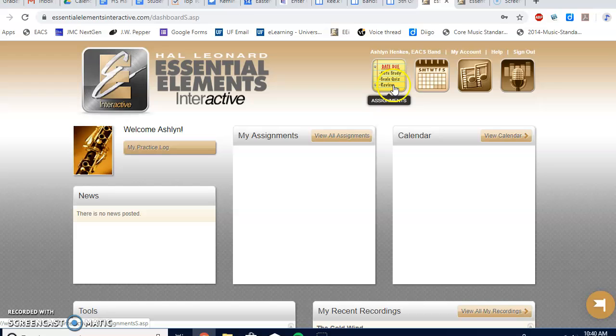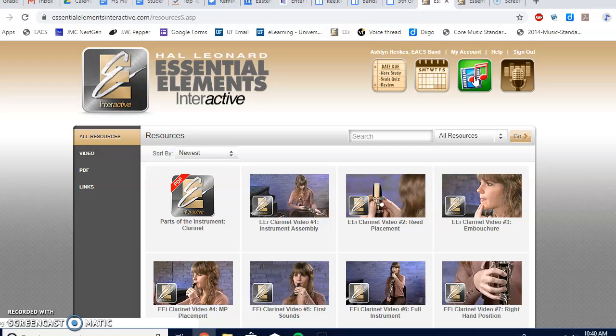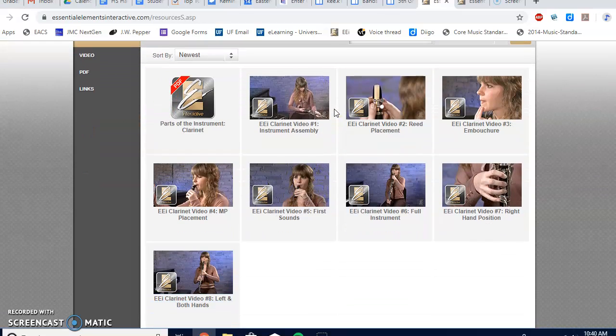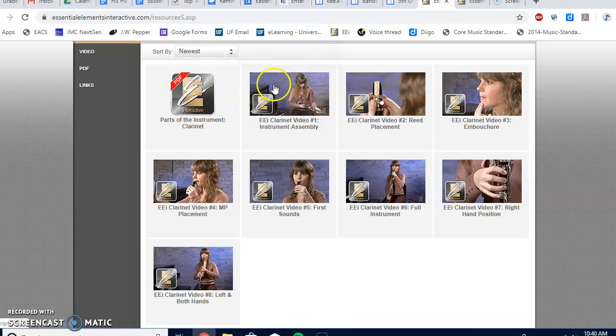Up here at the top we can see our assignments again, the calendar, resources, and Music Studio. Today we're interested in the resources page. And on this page I'm signed into a Clarinet account, so it has video or resources showing me the parts of an instrument. If I click on that, it's going to give me